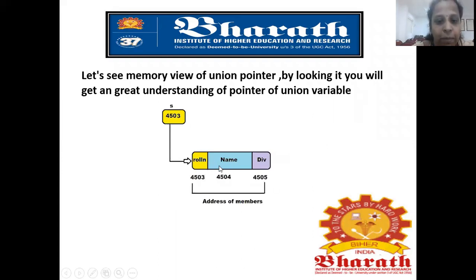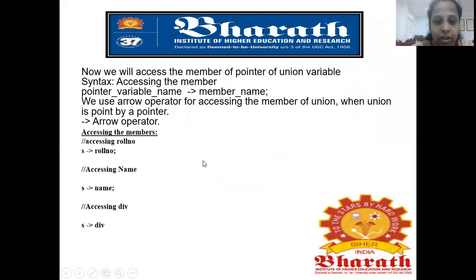So this is an example for a pointer to union: the roll number, name, and division. This is the address of the members. This is the pointer of that variable, so that is called a pointer. Next we can access the member of the pointer variable by using an arrow operator. Suppose I'm going to use roll number, I can use S arrow roll number.